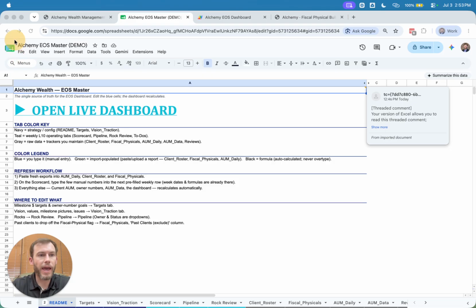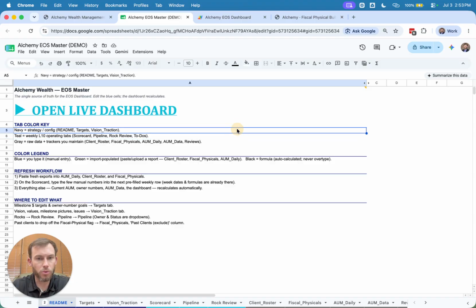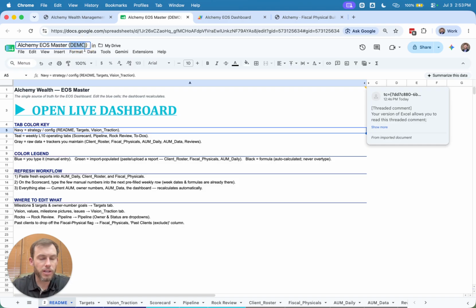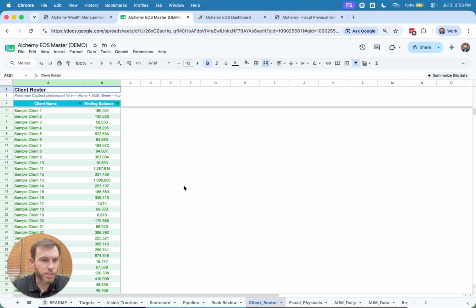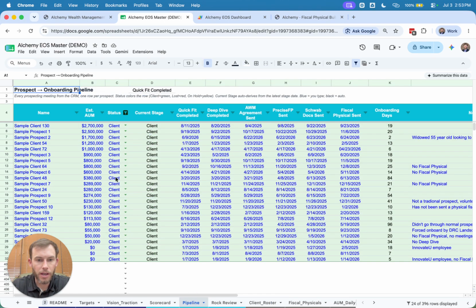But we don't want to add more vendors to our tech stack. We don't want to open up more potential doors or windows, right? So this is just a demo. I redacted all client information for the purpose of this demo. So if you look at our client roster, it's just sample client. And if you look at our pipeline, you're going to see we just have a bunch